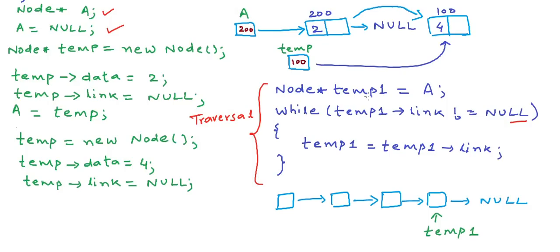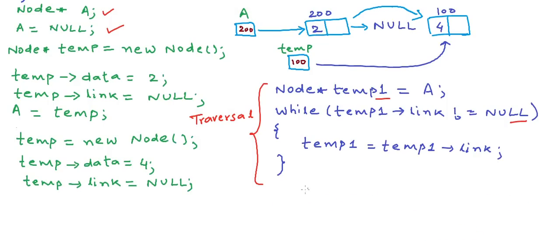There is one more thing that I want to point out. We are using this variable temp1 and initially storing the address in a. We are not doing something like a equal a dot link and using the variable a itself to traverse the list, because if we modify a, we will lose the address of the head node. So a is never modified. The address of the head node, whatever variable stores the address of the head node, is never modified. Only these temporary variables are modified to traverse the list. So finally, after all this, we will write a statement like temp1.link is equal to temp.